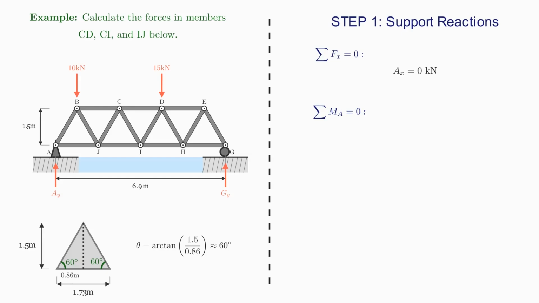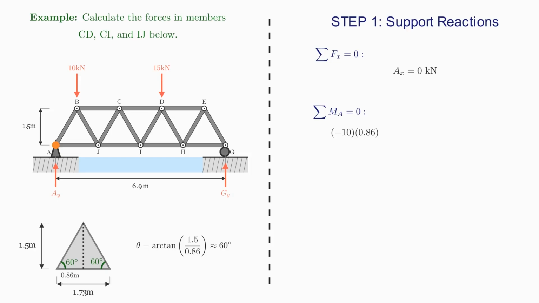Fixing the point A, working along the truss, the force of 10 kilonewtons acts down on top of the truss, so if A is fixed, this would turn it in a clockwise direction, which is negative. So the moment for this is minus 10 multiplied by 0.86, as the 10 kilonewtons is 0.86 meters horizontal distance